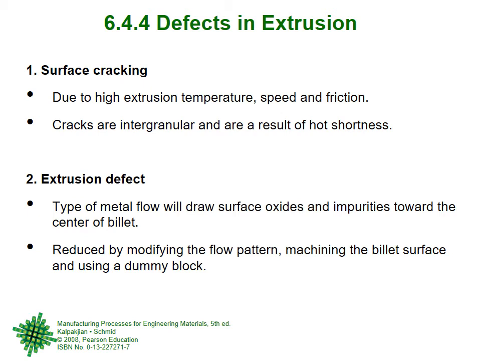Earlier, whatever impurities are there are only on the outer surface of the cylinder. But now some of these oxidized impurity materials are becoming part of the full extruded billet material. So this is called extrusion defect. Because of non-homogeneous metal flow, some impurities at the very outer ends of the billet go inside the billet material.